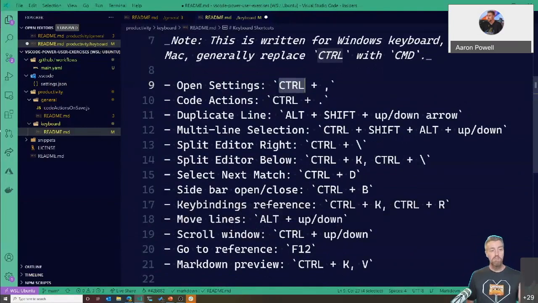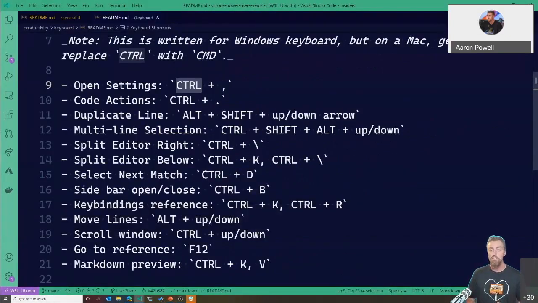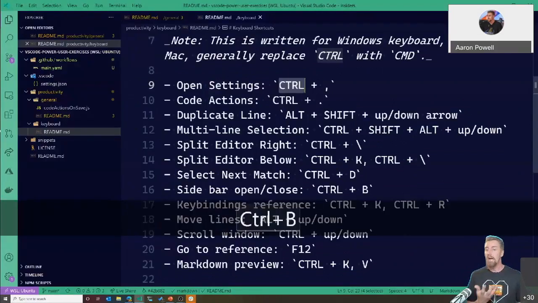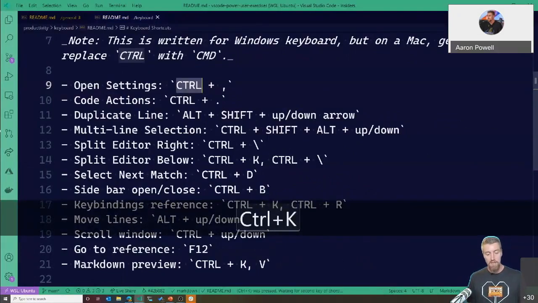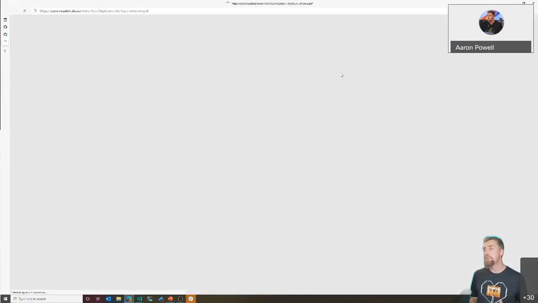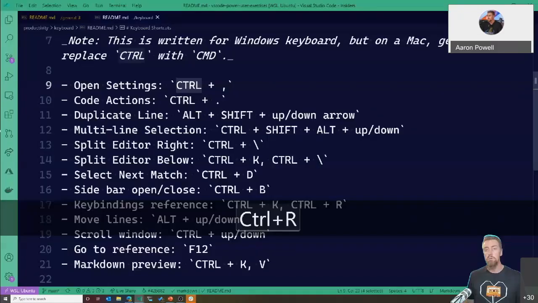So while Zen mode's useful for being able to minimize everything, maybe we just want to collapse so we've got a bigger text editor surface, which is kind of useful, particularly when I'm zoomed in like this. So I can collapse the sidebar on the left-hand side there with Control B. Control B naturally will bring it back. I'm not going to be covering off all the keyboard shortcuts, but if you want to learn more keyboard shortcuts, Control K, Control R will then open up the keyboard shortcuts PDF file relevant to your current operating system. So I've landed in the Windows ones, but on Mac or Linux, you would end up with the right ones there.